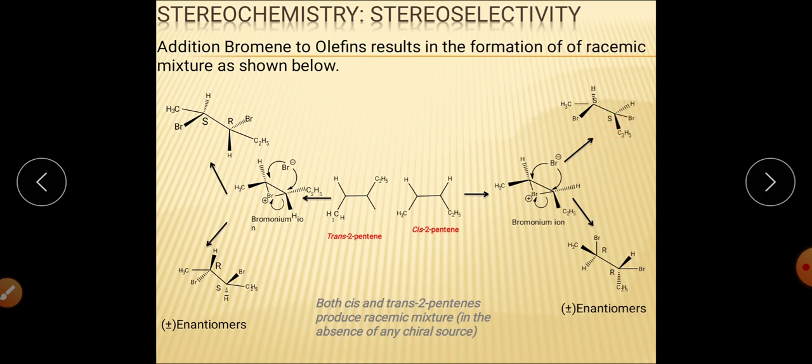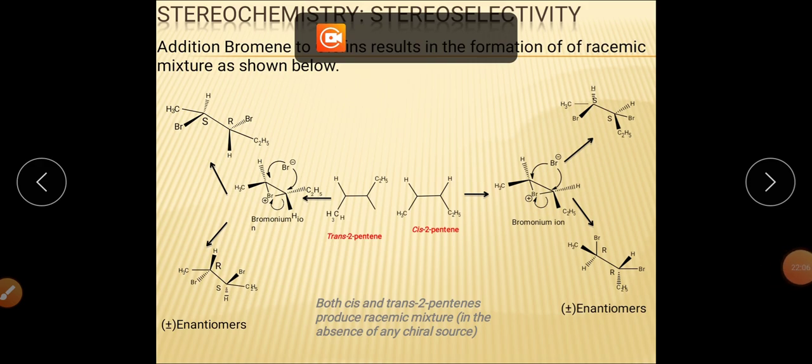So when we are talking about this particular thing, this is basically a case of RR and this is basically a case of SS. When we are talking about the absolute configuration at these two chiral centers, these are SS and these two are RR. When we are talking about these two, that is trans-2-pentene, at that time you are getting the RS and SR, right? So this is how the configuration has been changed and how the reaction is taking place in an anti-manner, as I have already explained.